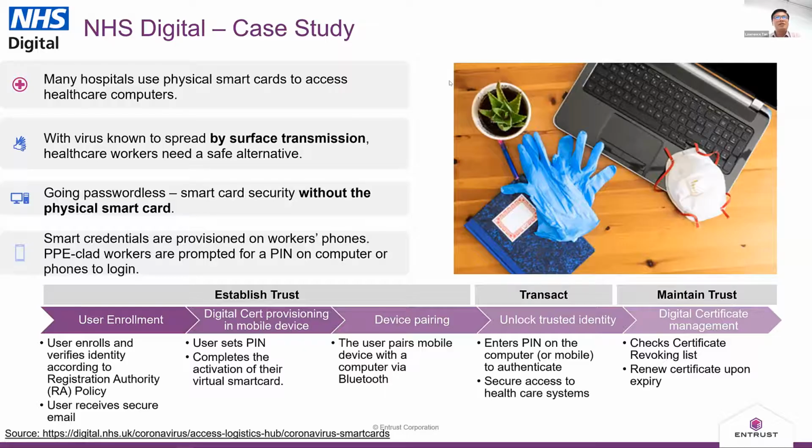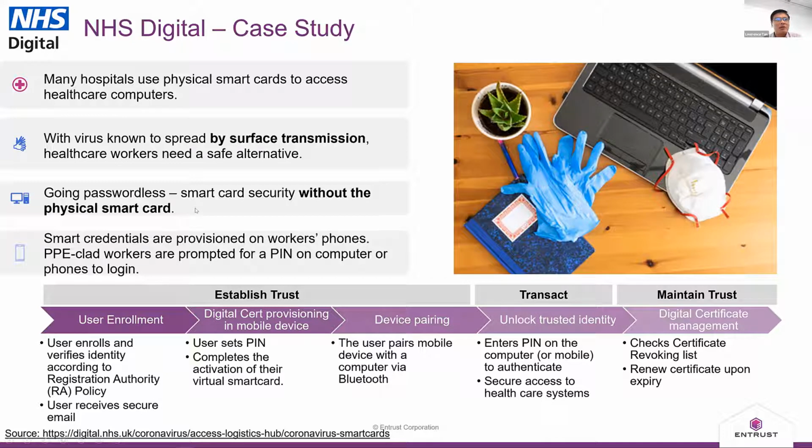Yeah, so this is the use case of this passwordless. I think we have actually worked with the National Health Service in the UK. The National Health Service has more than 200 hospitals, 150,000 doctors, and 320,000 nurses. During the pandemic, the staff are in full PPE suit. They cannot access their mobile to log in. So what they have chosen is to use the passwordless solution from Entrust.